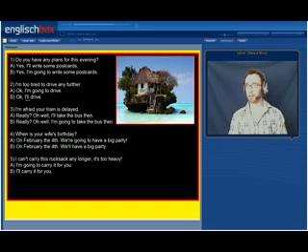Number 3, I'm afraid your train is delayed. Really? Oh well, I'll take the bus then. Or really? Oh well, I'm going to take the bus then. Again, A would be the best option because it's decided in the moment. The loudspeaker, the tannoy said delayed, and you say, really? Oh well, I'll take the bus then.